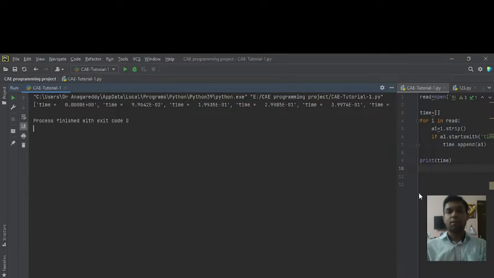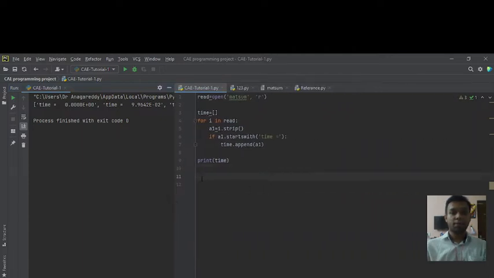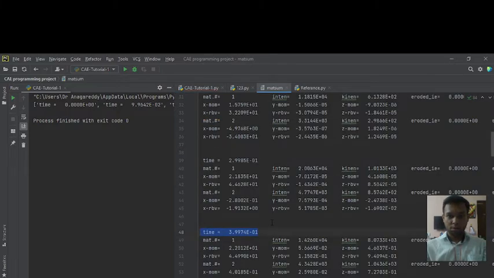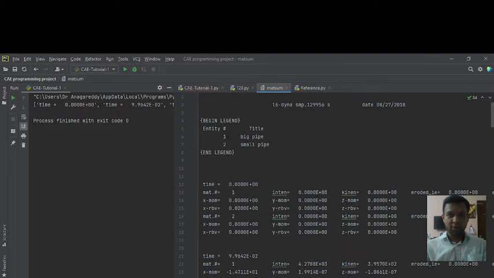So now I want internal energy data, so at the end we can plot the graph. If a1 dot start with, for the first ID we want to start with this.